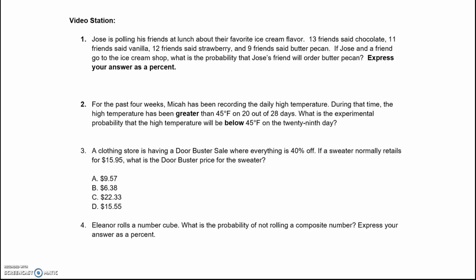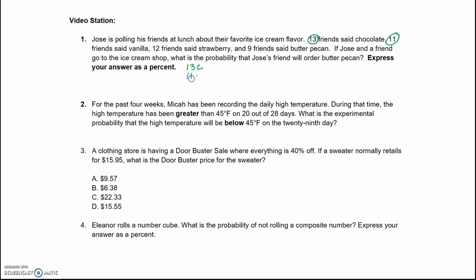Okay, so let's go ahead and start these problems. Number 1 says, Jose is polling his friends at lunch about their favorite ice cream flavor. 13 friends said chocolate, 11 friends said vanilla, 12 friends said strawberry, and 9 friends said butter pecan. If Jose and a friend go to the ice cream shop, what is the probability that Jose's friend will order butter pecan? Okay, so we have 13 that want chocolate,